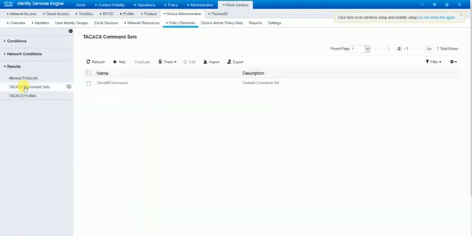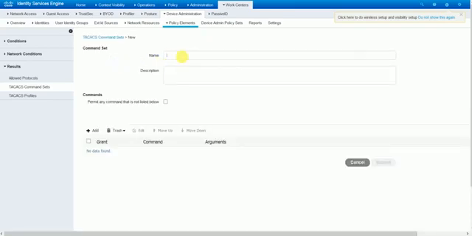So basically here you can create some command sets for the admin user. You can create command sets for the help desk user, which commands they can fire by entering their user ID and password.